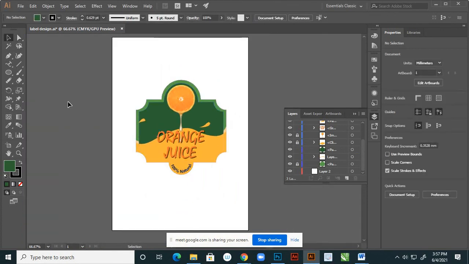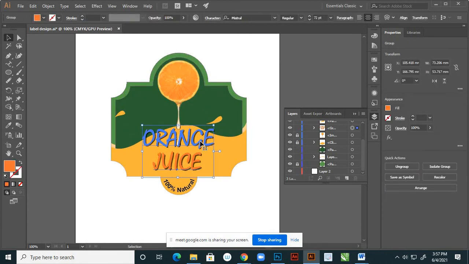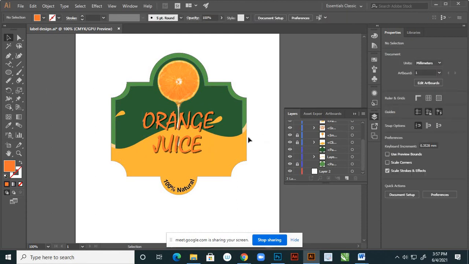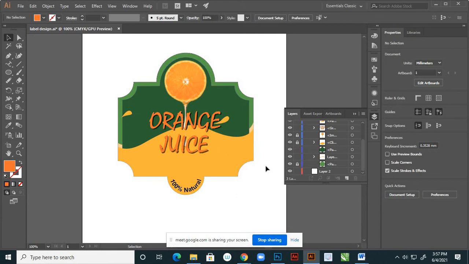yes, this is interesting now. Now this text, move a bit up, orange juice, now it is good. On green, this orange is looking nice, and below that this is a juice, right? So here, move down,